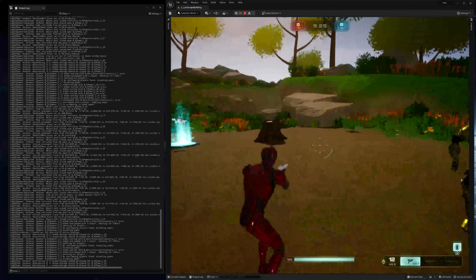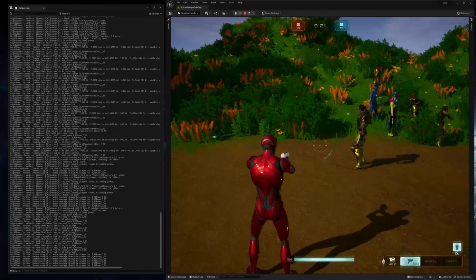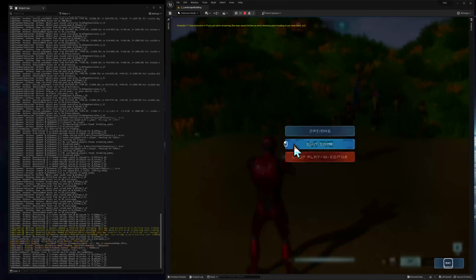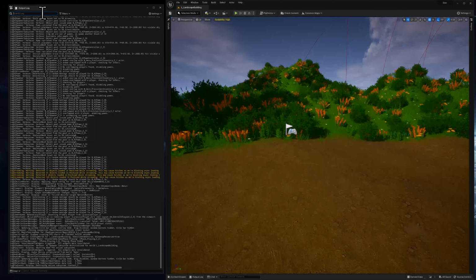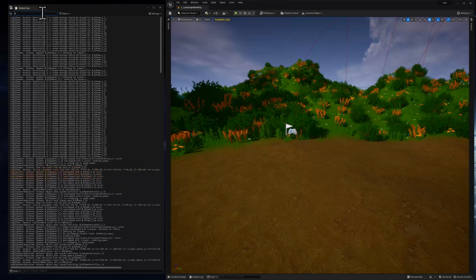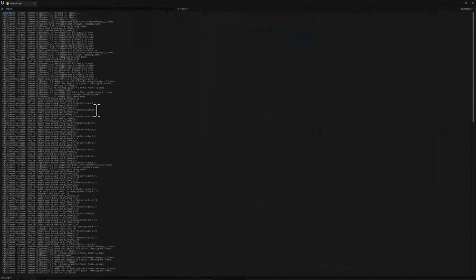All right, that's probably enough data for us to take a look at. So I'll stop. And then if I filter this list, here, let's make this full screen, to just the spawner,